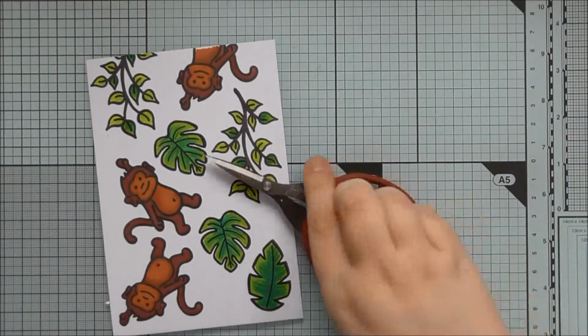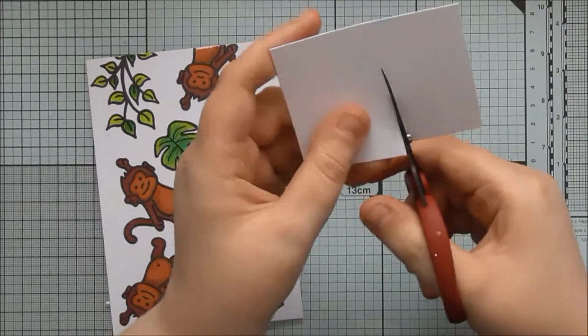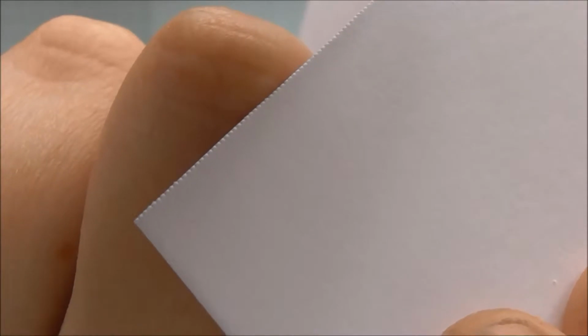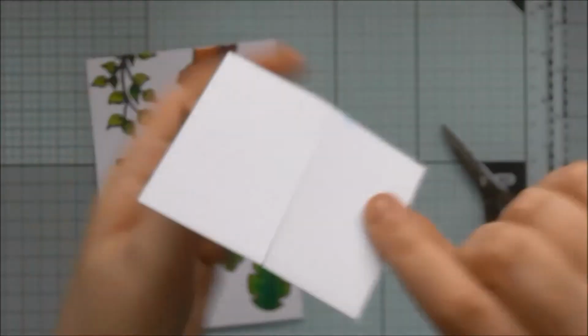I'll show you what I mean on a piece of scrap card. I mean, it's probably not that visible to many people, but it's visible to me. So look, I've cut like this. The Tonic logo is this side, and you can see this cut line is perfect and straight as I like. But if you look on the other cut line, you can see these tiny little serrations. I mean, it's not really that noticeable, but I just like to make sure I hold my scissors that way around so I don't get the little serration. You can see the difference there. It is really minute, but I just thought I'd share that top tip of how to avoid getting the serrations